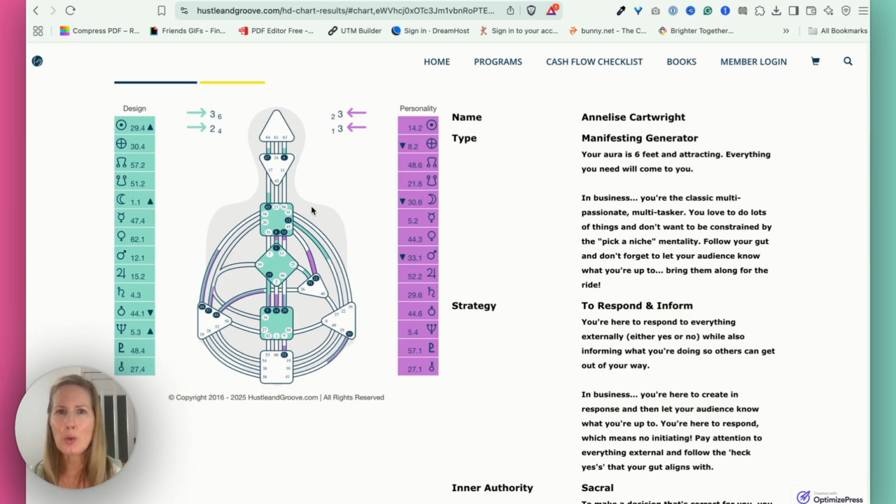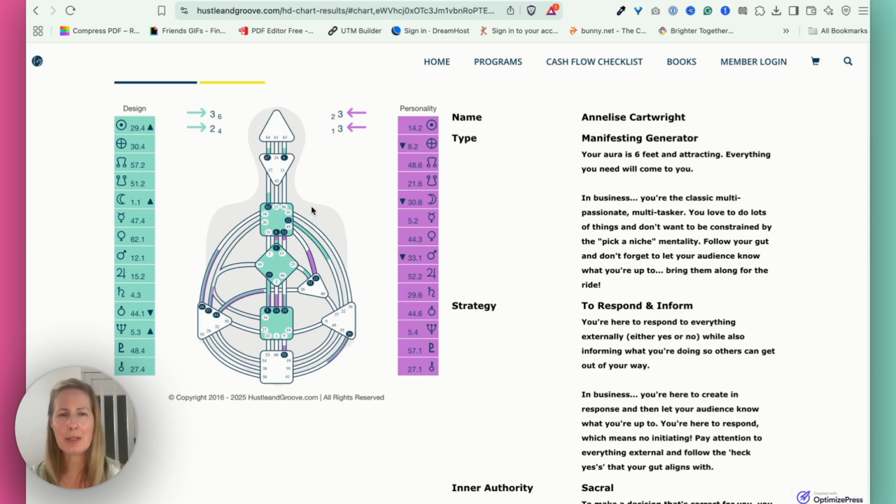Now, if you have an open center here, if your throat center is open or undefined, the difference between the two is that one has no defined gates at all, and one is open, like it's white, but there are some defined gates, which means you've got a little bit more access to energy in that throat center versus if you have no gates defined. At the end of the day, if it's white, then you don't have consistent access to that energy, but it also means that you have full flexibility. So when it comes to messaging and the way that you communicate that message, it's largely going to depend on your audience and what resonates the most with them, but also in the moment, what feels aligned for you.